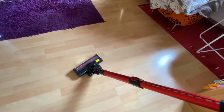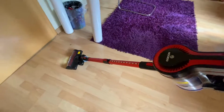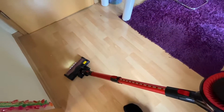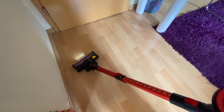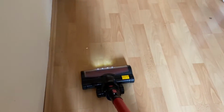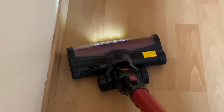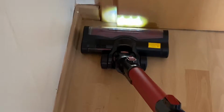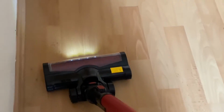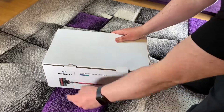Get rid of cumbersome vacuum cleaners. It can be used as a pet hair vacuum cleaner. It weighs only 2.5 kilogram. This is really lightweight, I think. It is so light that with only one press it can be used as a handheld vacuum cleaner, which is very convenient to clean stairs, sofas, furniture, and carpets,